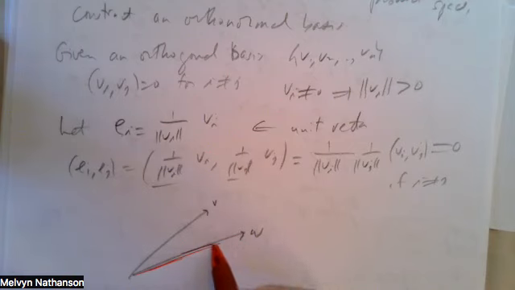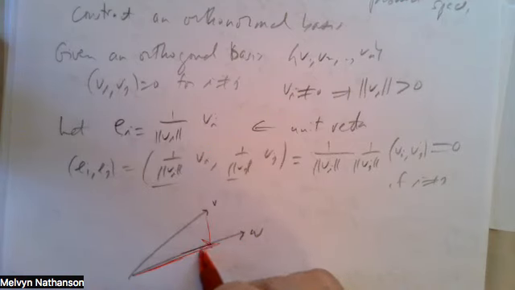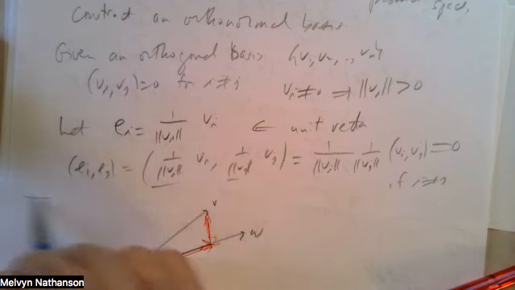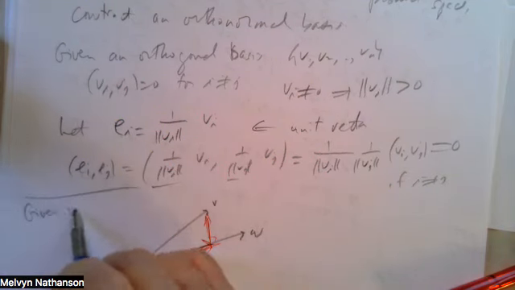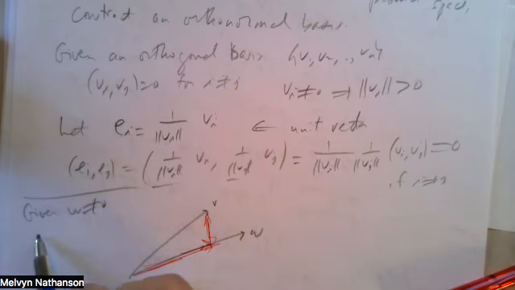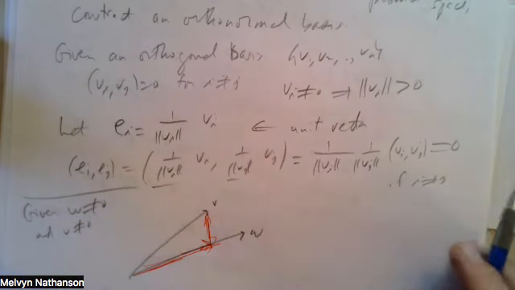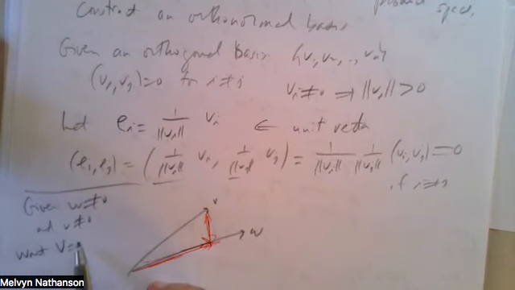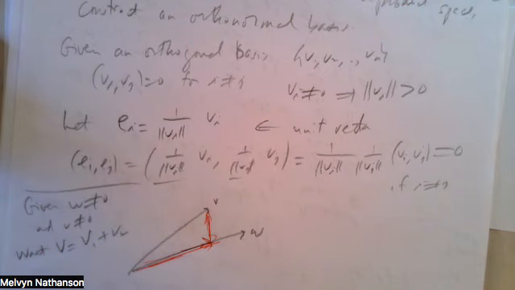One is parallel to W, and the other is perpendicular to W. So given W, some non-zero vector, and V, let's say a non-zero vector, otherwise there's nothing interesting to do, you want to write V as a sum of two vectors, V1 plus V2, where V1 is parallel